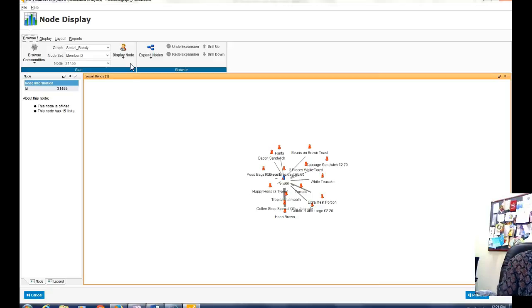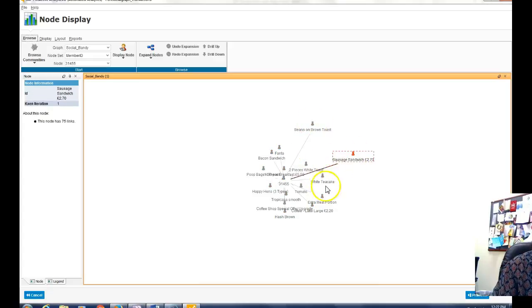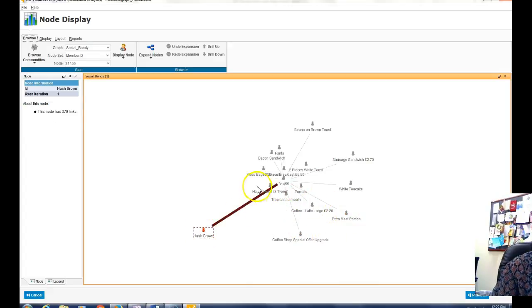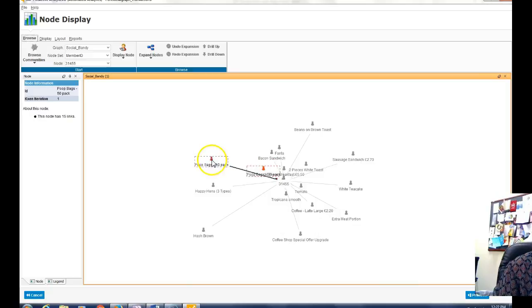So your social graph will appear in the workspace as it has appeared, and this graph displays all products bought by customer number 31455. So you can just organize it properly to see all the products that this customer has purchased. Okay.